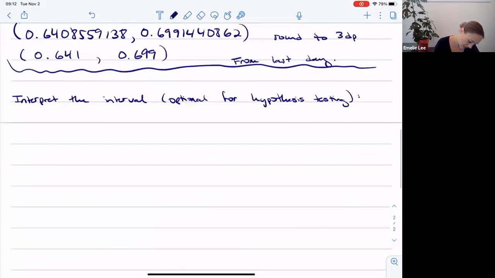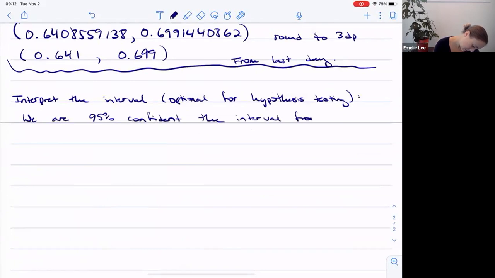So we say we are 95% confident the interval from 64.1% to 69.9%